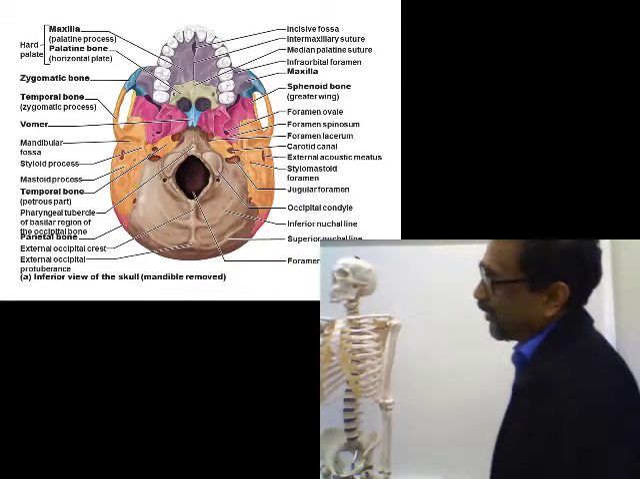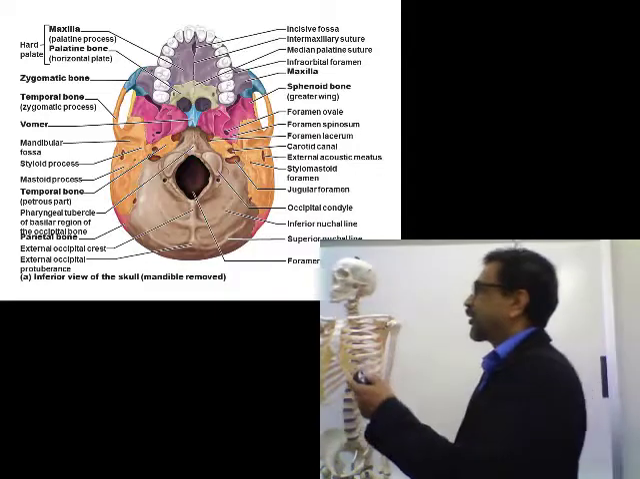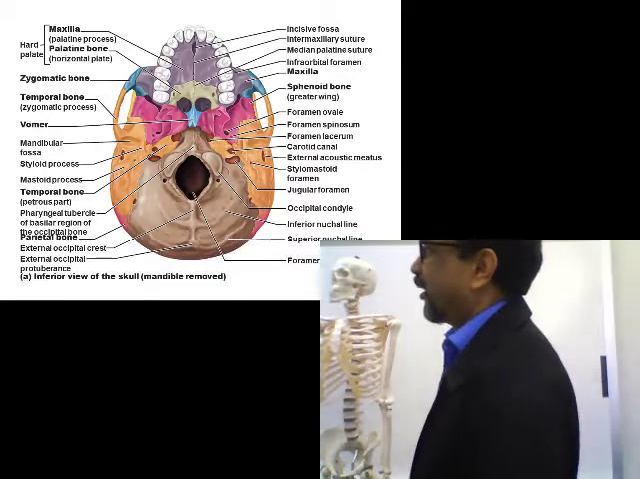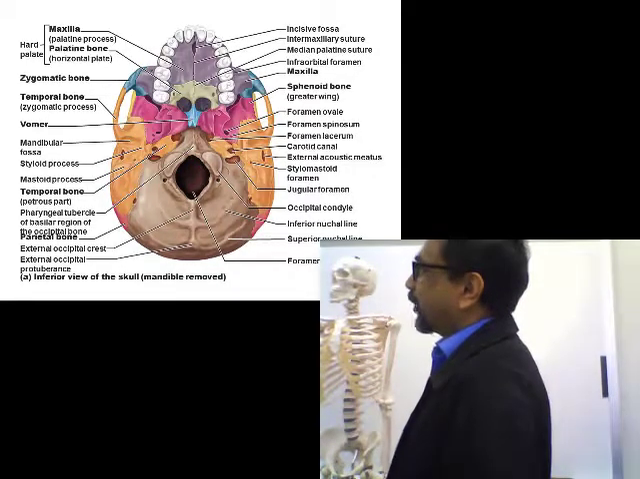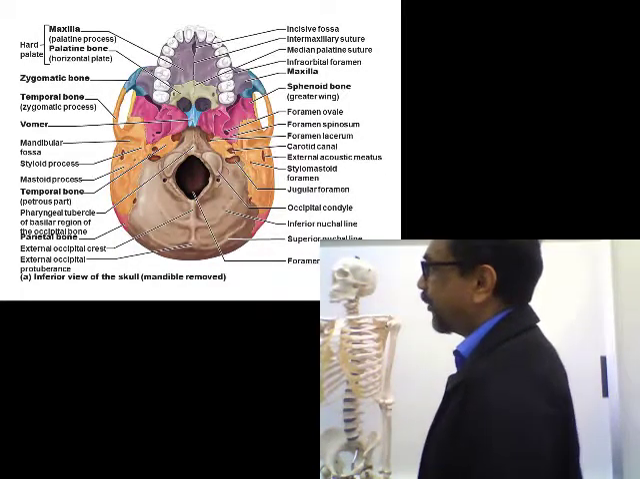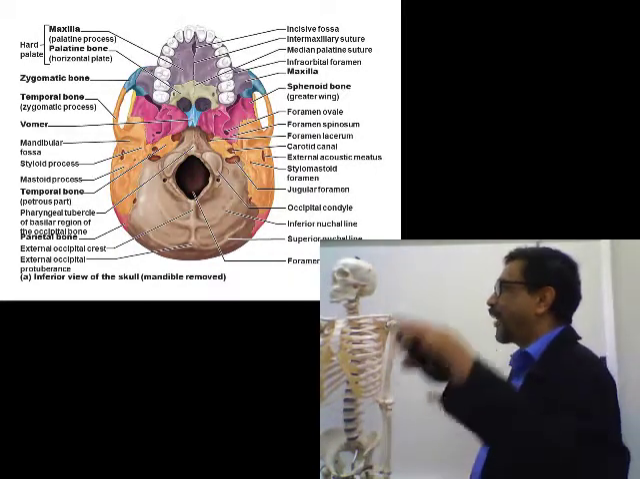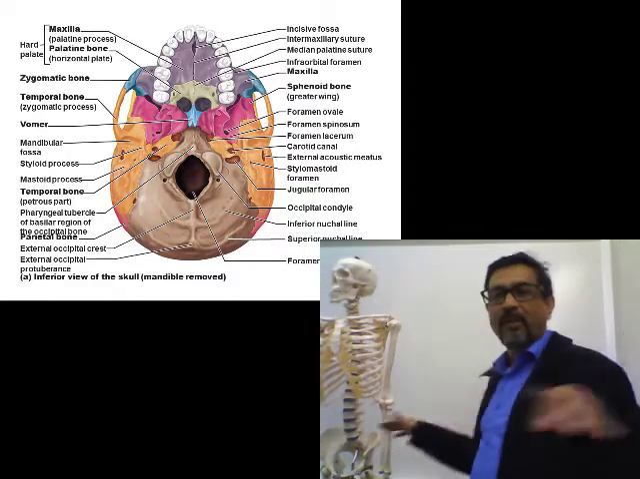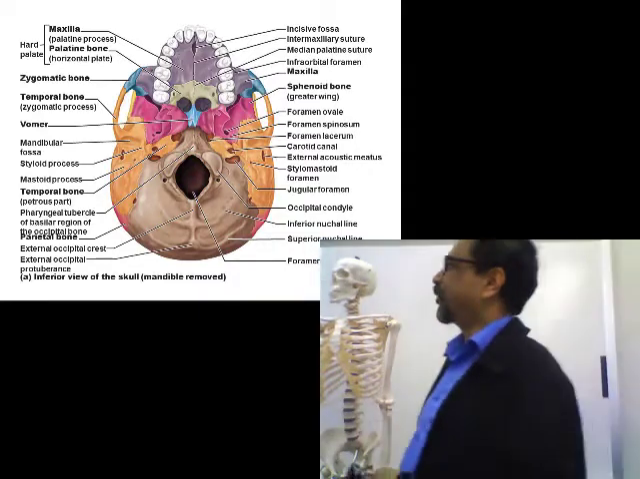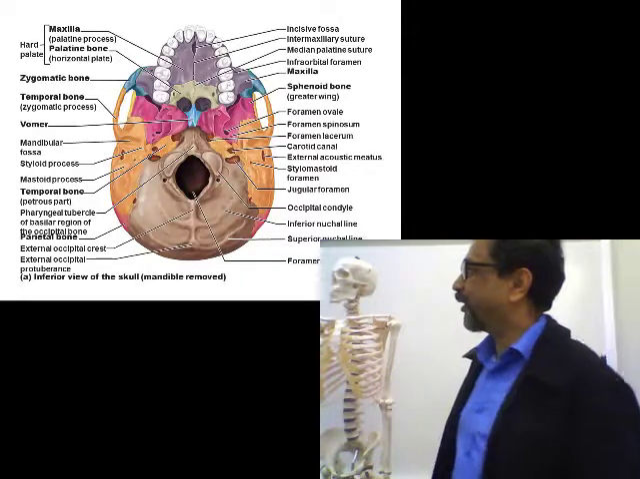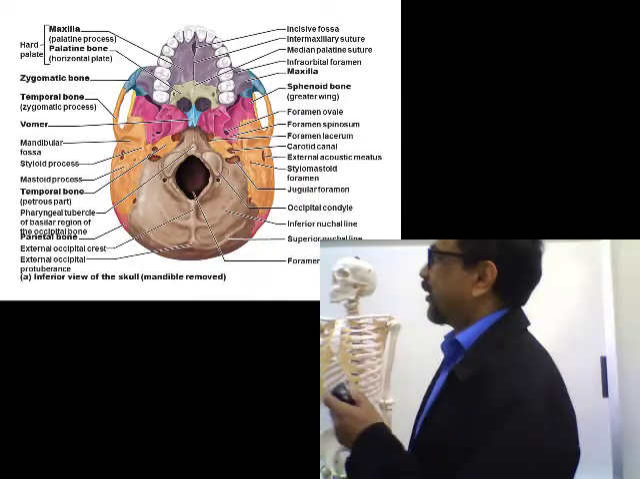Here you can see the sphenoid clearly. You see the red colored bone, which looks like a butterfly or flying bat. So flying bat or butterfly shaped bone, that is the sphenoid. Okay, so